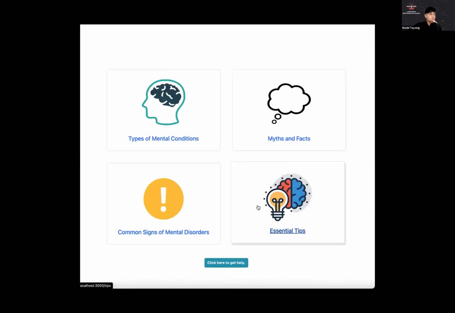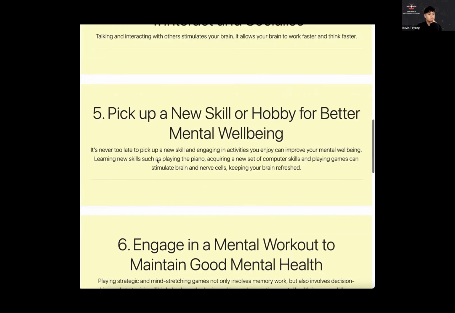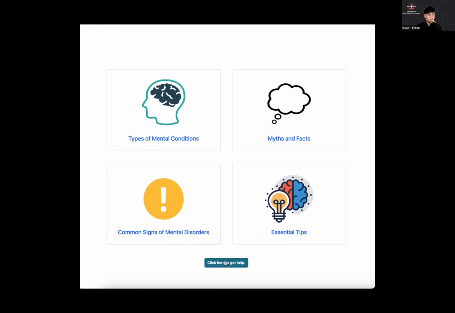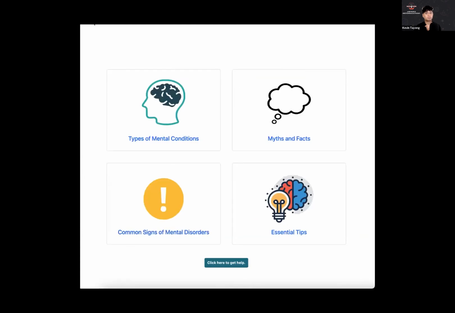The next card is essential tips that users may find helpful in their everyday life. There are 10 tips here that help them improve their mental well-being. Finally, there's this button here that allows us to go back to the hotlines page in a new tab, allowing easy reference. And going back,